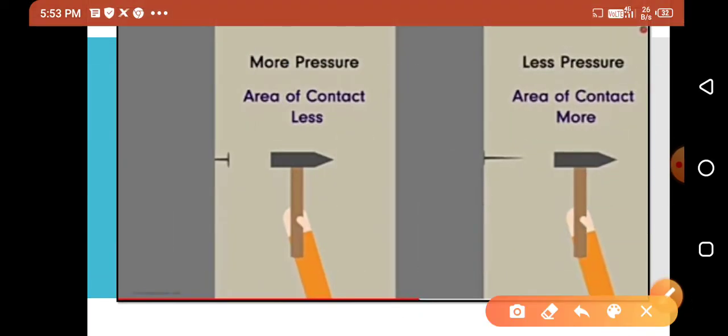Then see here another example. More pressure means less area of contact. That means as the area of contact is less, the pressure should be more. If the area of contact is more, the pressure applied is less.